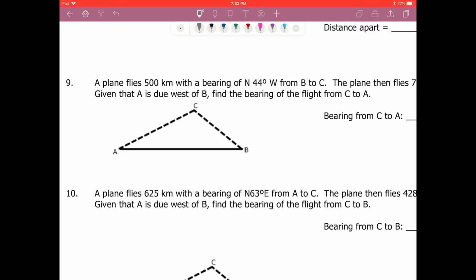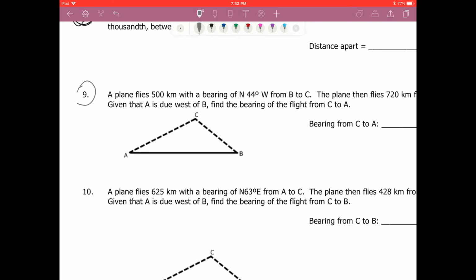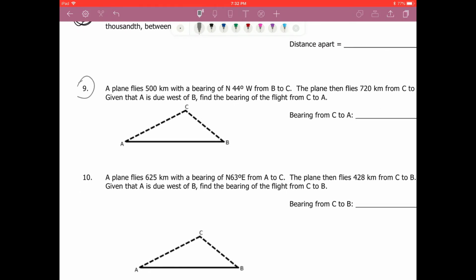Okay, we're doing number 9. Number 9 talks about a plane flying 500 kilometers with a bearing of north 44 degrees from B to C. So from point B to point C, this length is 500, and our bearing from B to C is north